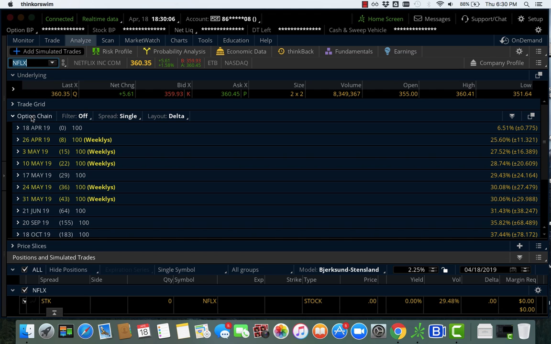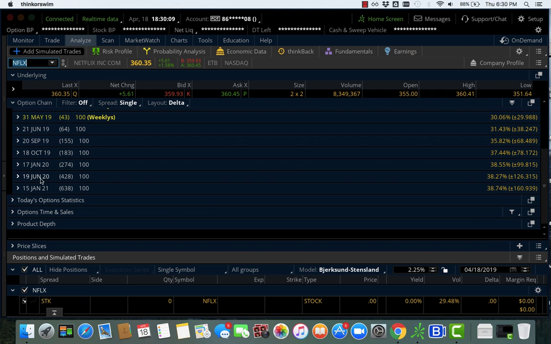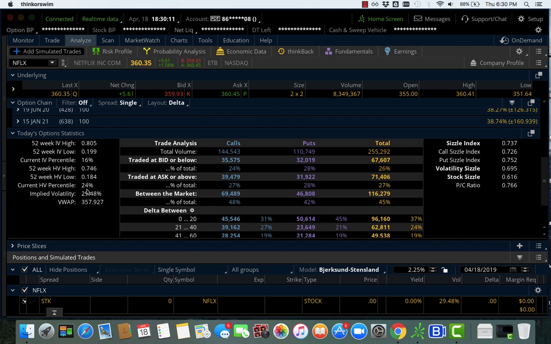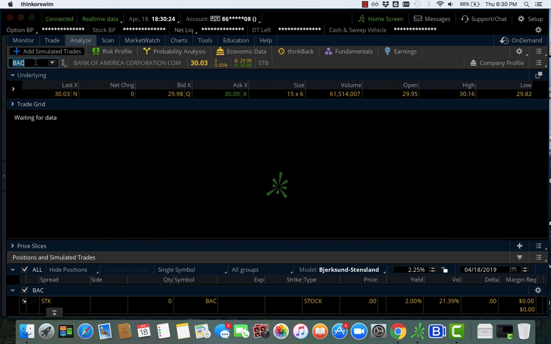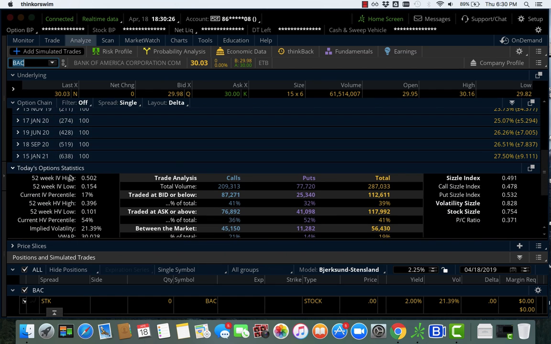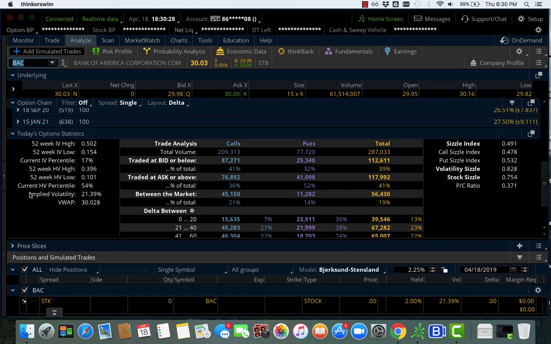Netflix, for example. I scroll down to today's option statistics, and what do we have right here? Implied volatility, so 29.48. So that exact same equation that you saw before, where are we getting implied volatility from? Right here. Let's check another stock, Bank of America. I go down to today's option statistics, implied volatility,